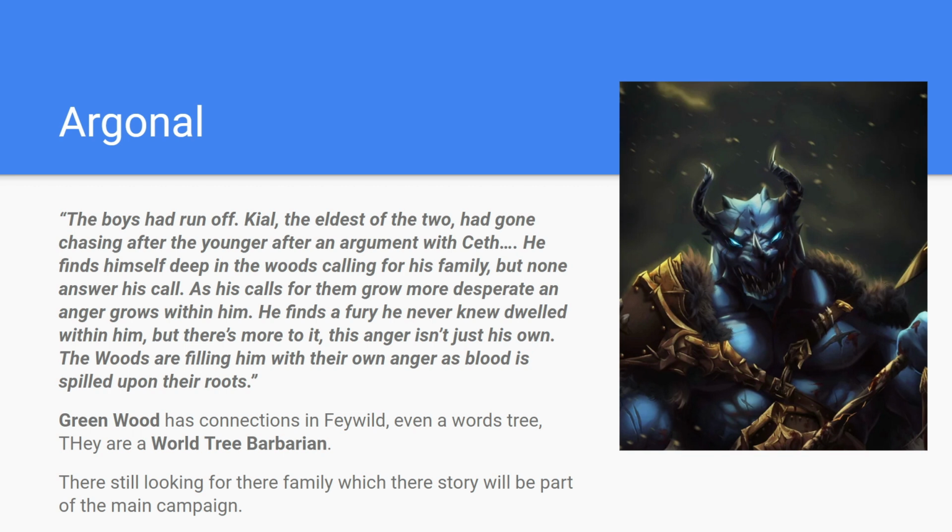Cal, the eldest, had gone after his younger brother because he had an argument with his mother, Kath. Argon finds himself in the woods trying to call out to his family and growing more desperate in anger as he delved deeper and deeper. His fury never dwindled, but there's more to that. His anger wasn't just his own, but the anger of the woods that was filling him with the